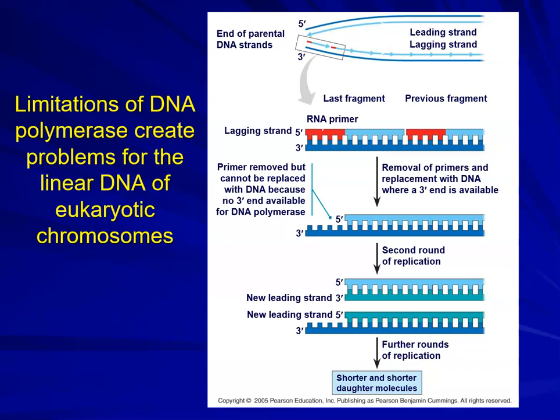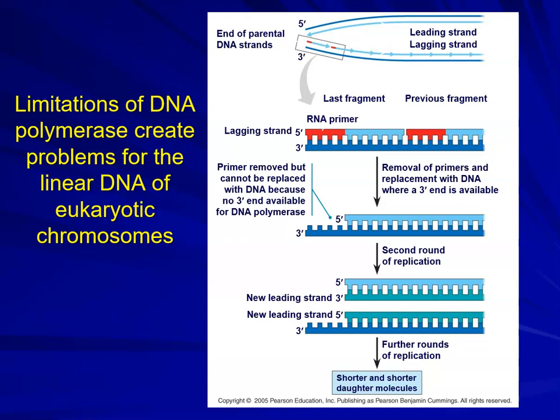So in this last lesson from chapter 13, we're going to be talking about some of the limitations of DNA replication that leads to a problem in a eukaryotic organism, because after every round of replication of a chromosome, it gets shorter and shorter. And it has to do with the fact that the DNA polymerase can only add the new bases to the